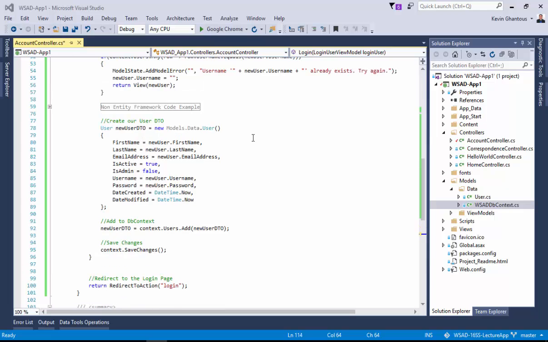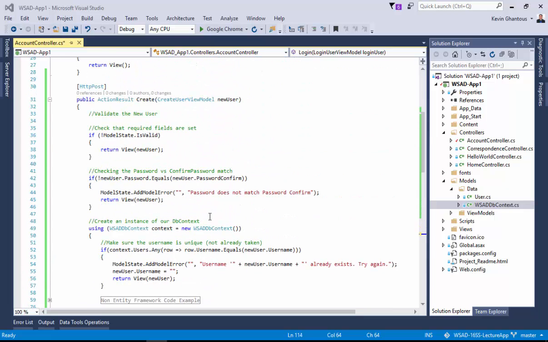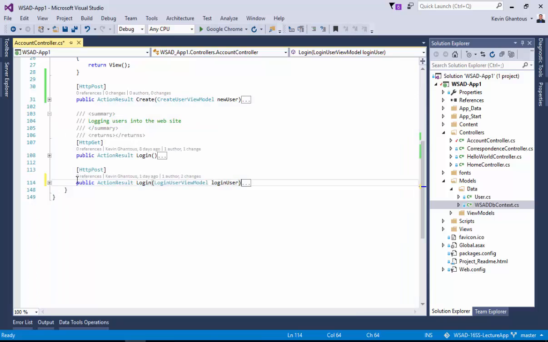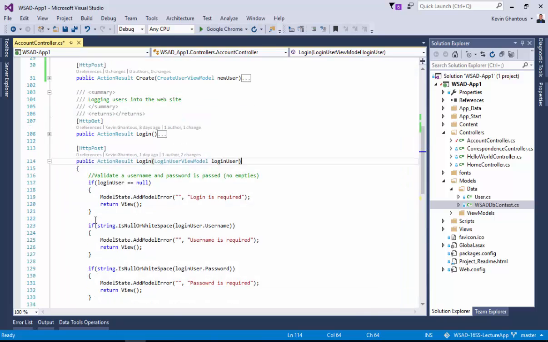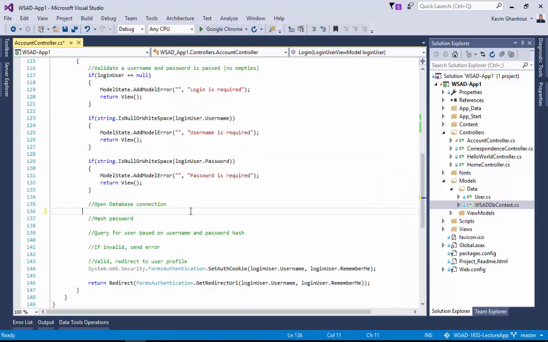Now that we have our create postback action done, let's go ahead and jump into our login postback and add our database functionality there so that we can log in using our credentials from the database. So the first thing that we're going to do here is use that using statement,